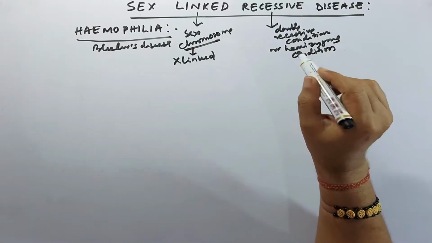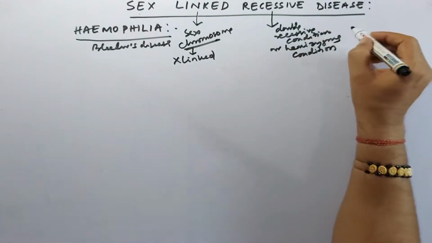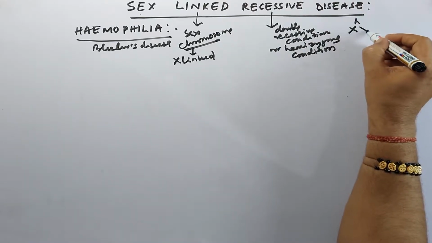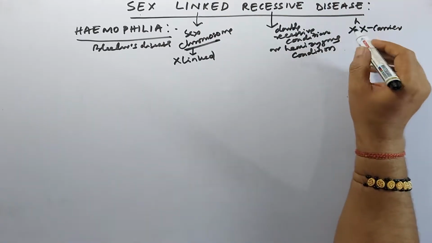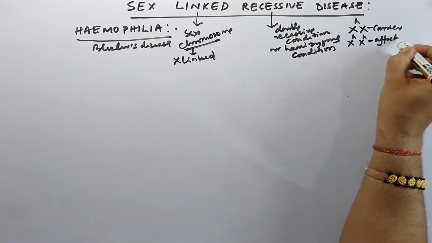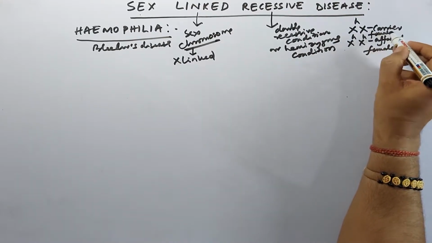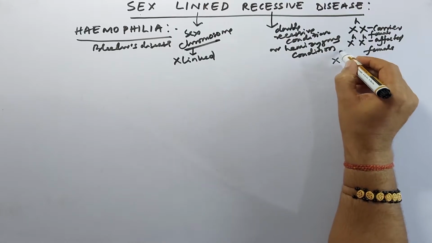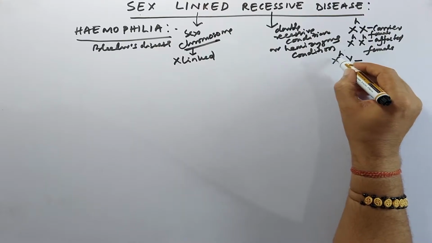Suppose the defective gene correlated with hemophilia is present on the X, so we can denote it as XH. So in XH and X, what happens? This is the carrier. And if it is XHXH, that is an affected female, because we have already discussed sex determination in humans. And hemizygous means XHY, where the counter allele, the alternate form of this gene, is not present.